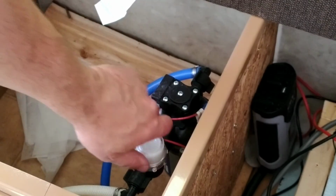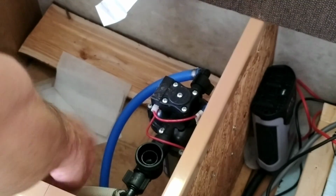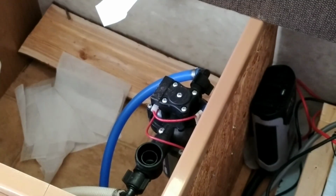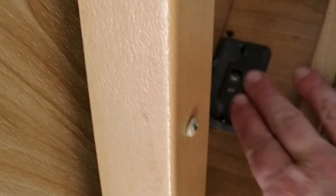Okay, we're inside the camper here, so I'm going to take off the filter. Make sure that's all clean inside. There's a little gunk in there. Then we're going to head over here, and there's the switch for the pump. Alright, so turning on the pump,